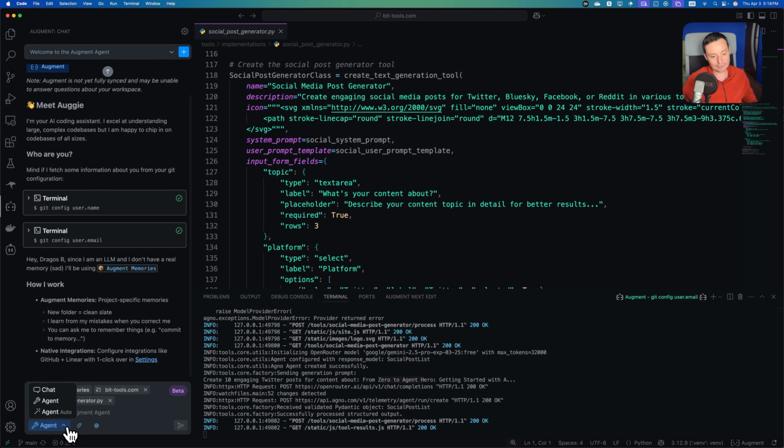I will leave the option on agent, not agent auto, because agent auto, I guess, is just going and approving everything. I don't want it to approve everything. I want to see what it's doing. I'm having this in a Git repo. I just don't want to let it do automatic things on this PC. So help me